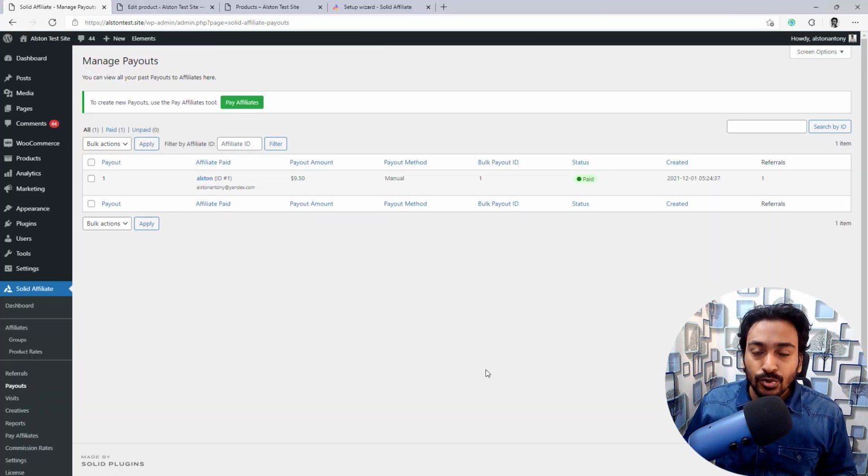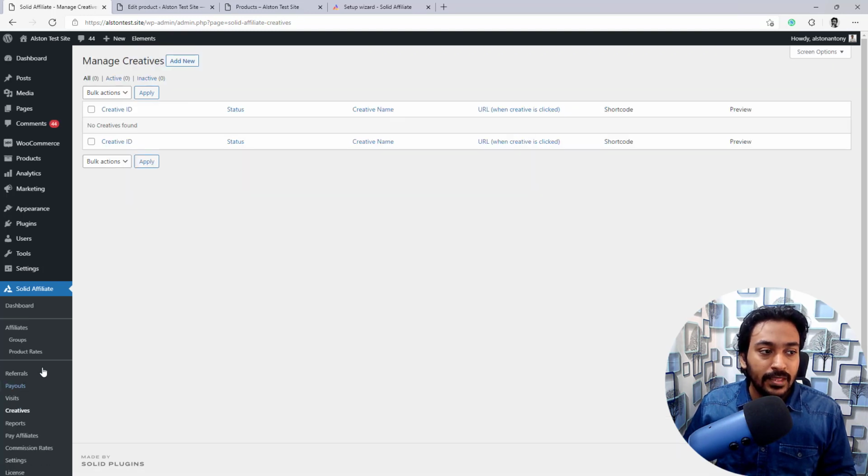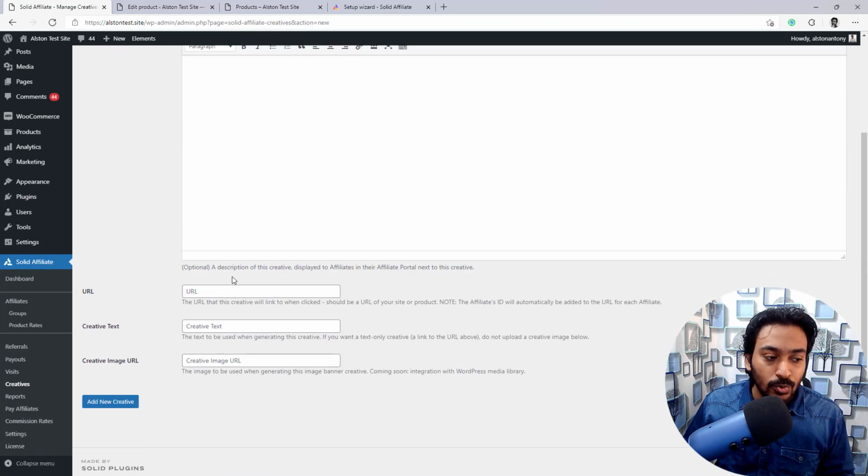Now let me quickly show you how you can create creative ads, like marketing materials, promo materials like graphic banners and everything. How you can make those kinds of resources available to you. Obviously, I'm not going to show the entire setting up process because it is really simple. But in order to do that, you just need to go into the creatives here and click on add new creative, and you just give the name, description, URL, creative text or banner image URL, and you just press